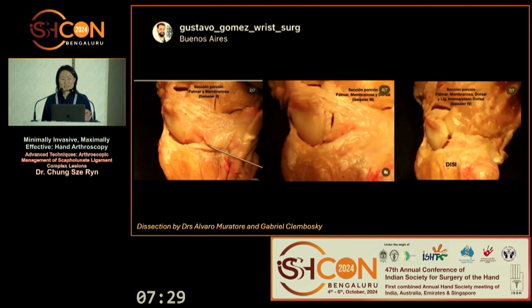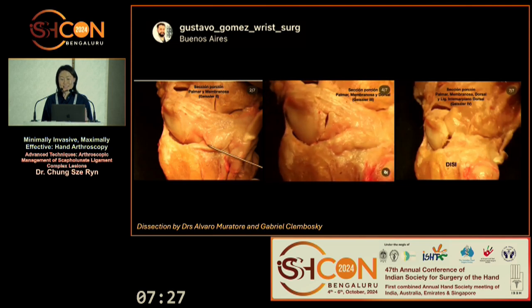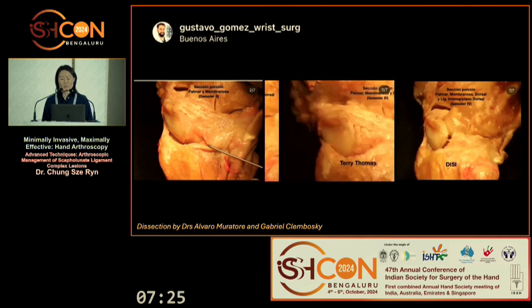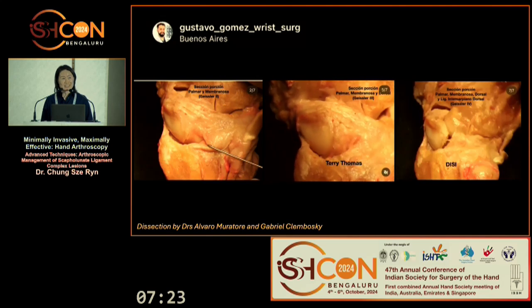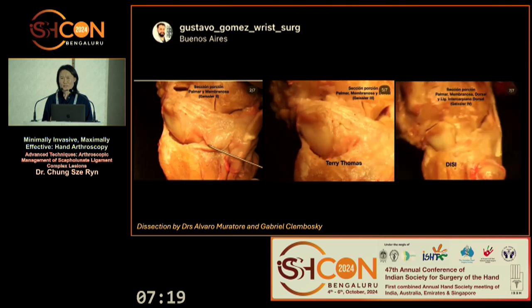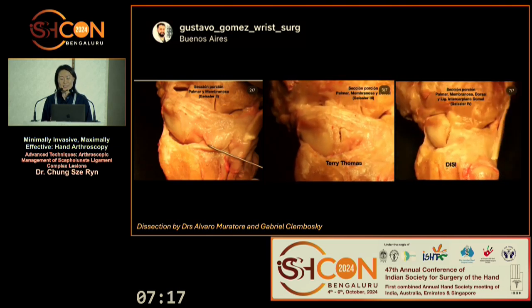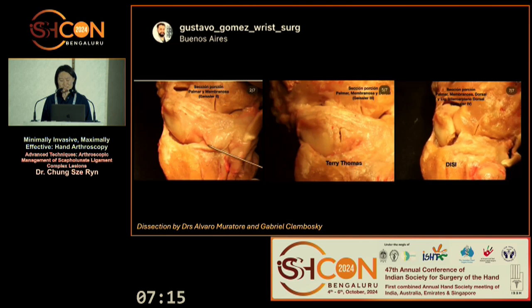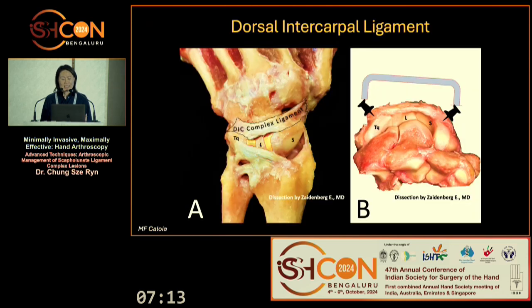But if you transect the dorsal scapholunate ligament, you can see that there is a positive Terry-Thomas sign, especially when you load the wrist, and that is the dynamic instability. And when you remove the dorsal intercarpal ligament, you can see a massive instability of the scapholunate complex. The dorsal intercarpal ligament is quite a wide structure. It attaches widely onto the proximal carpal row, and it acts as a labrum to prevent the capitate from